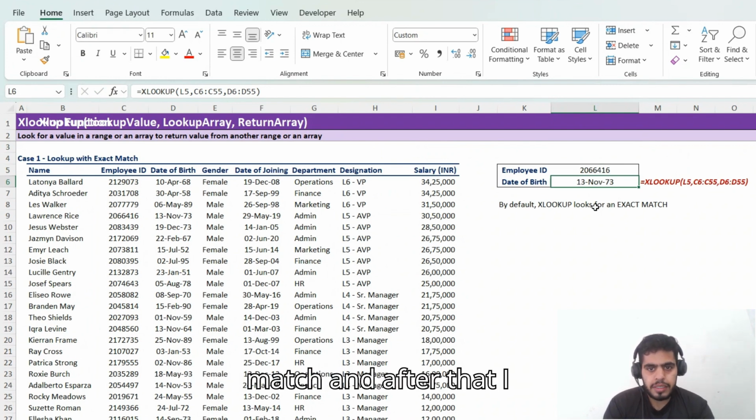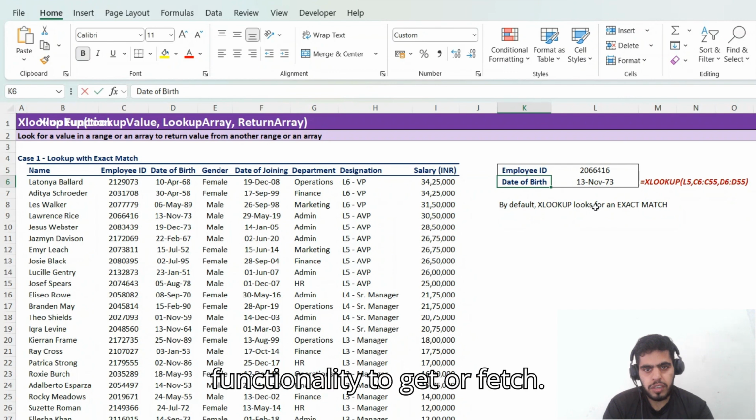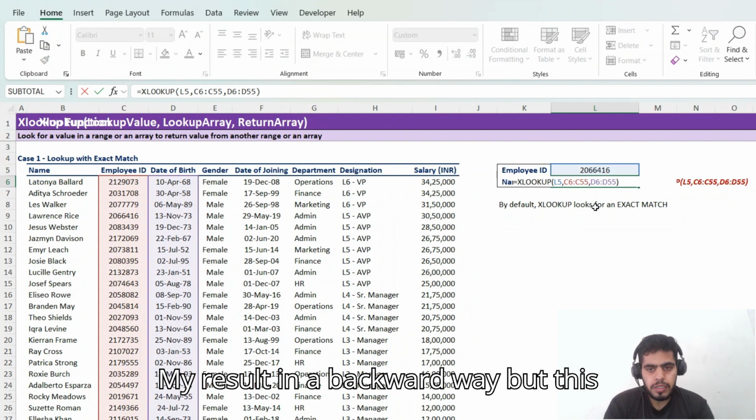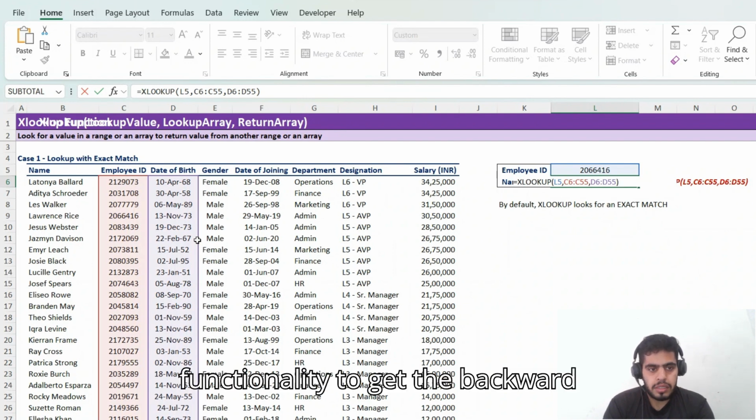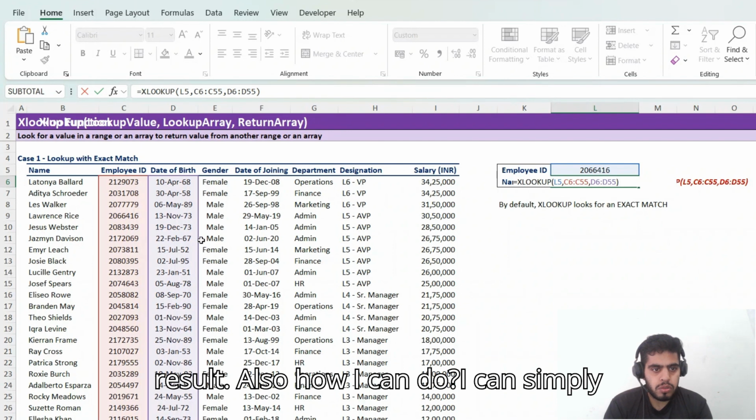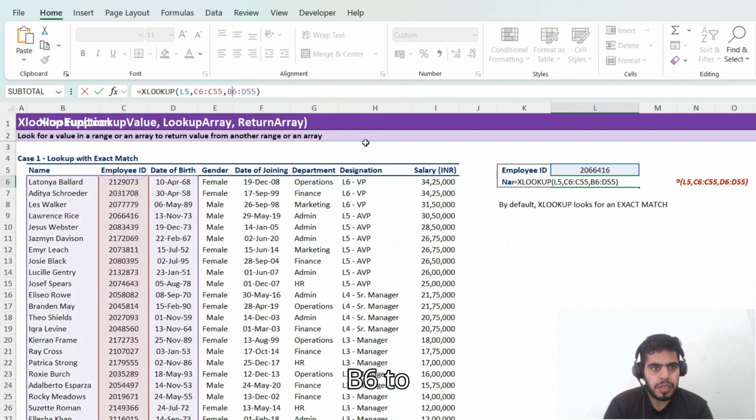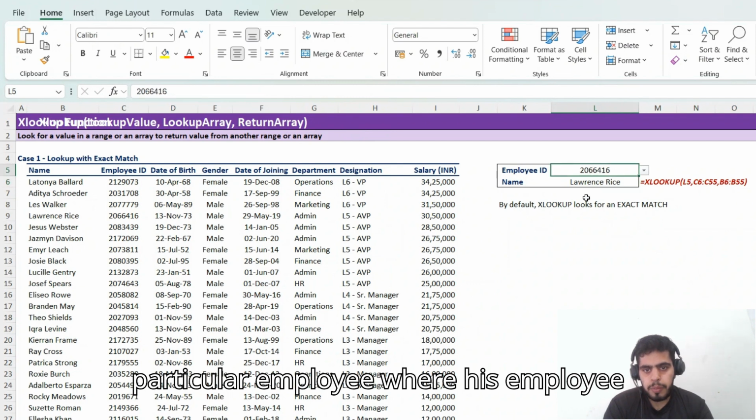And I just want to tell you guys, in the VLOOKUP formula there was no functionality to fetch my result in a backward way, but this formula has given me the functionality to get the backward result also. How can I do it? I can simply change my return array to B6 to B55, like that, and press enter. If you see, I am able to get the name of this particular employee whose employee ID is